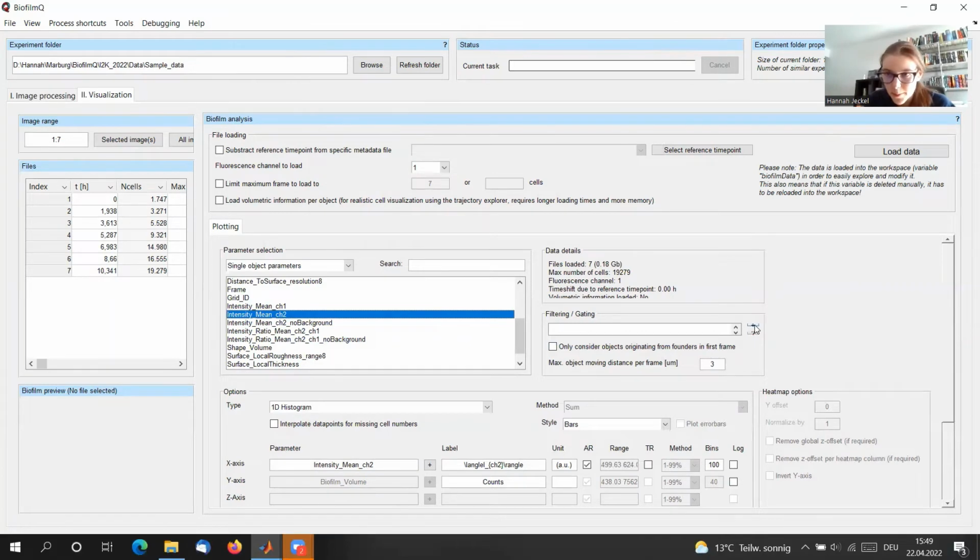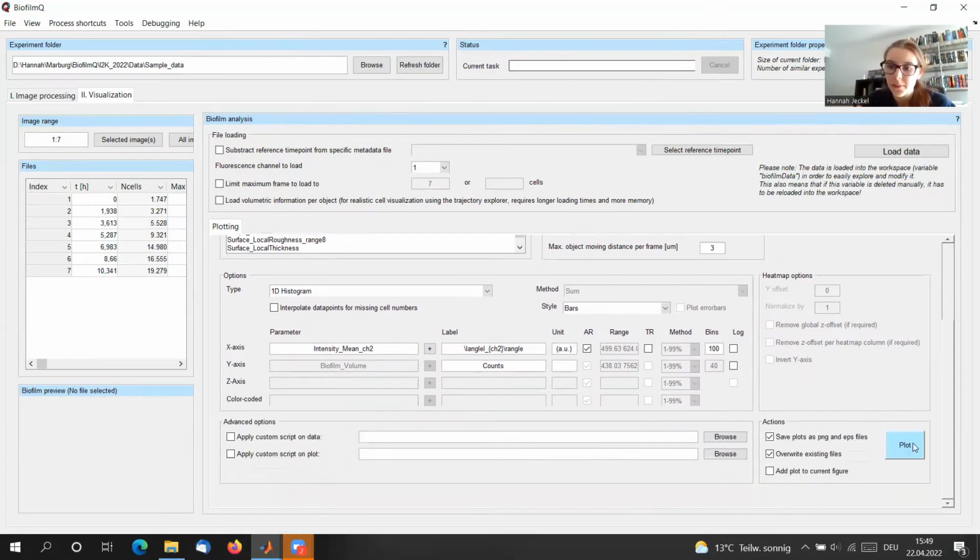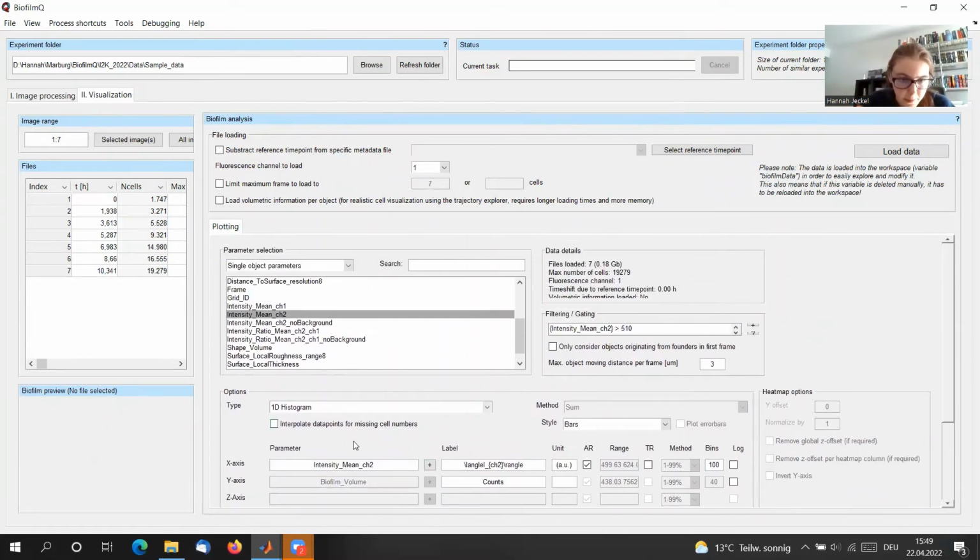And here is something that I can actually not see because my screen is so small, but there's a little plus sign. If I click this plus sign, you can see that a gating or filtering expression appears in this window. And I can now say, okay, I only want to look at cells where the intensity of channel 2 is above 510. And if I do that, let's see what happens to this previous